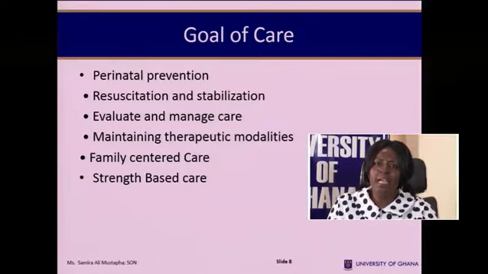And then in our care, when you are dealing with the newborn, you are dealing with the family. So family-centered. You want to involve the parents and any other significant other and involve them in decision-making. And we talk about strength-based care, where you are looking at the strengths available. What do the people have that we can use to support their care? So if the mother is sick, can the grandmother come to support one way or the other? Whatever you think is a strength in terms of caring for the newborn and the family, you consider that and